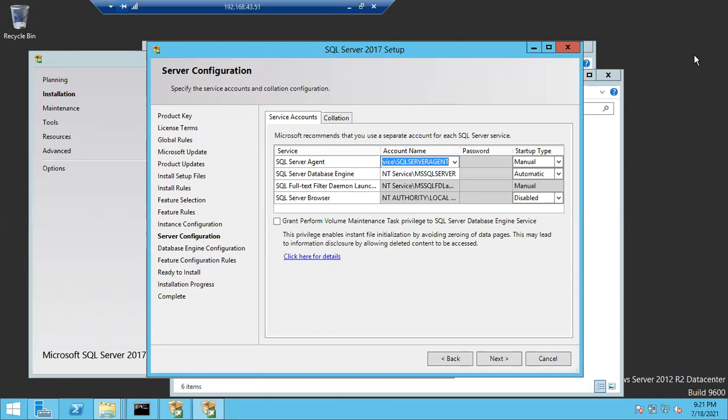Why? Because it's like a maid. If I don't like my maid, I am going to change the maid, right? In the same way, I can change the service account whenever I need, whenever I want, but it's a downtime activity. After changing the service account, you have to restart the server. So it is a downtime activity.